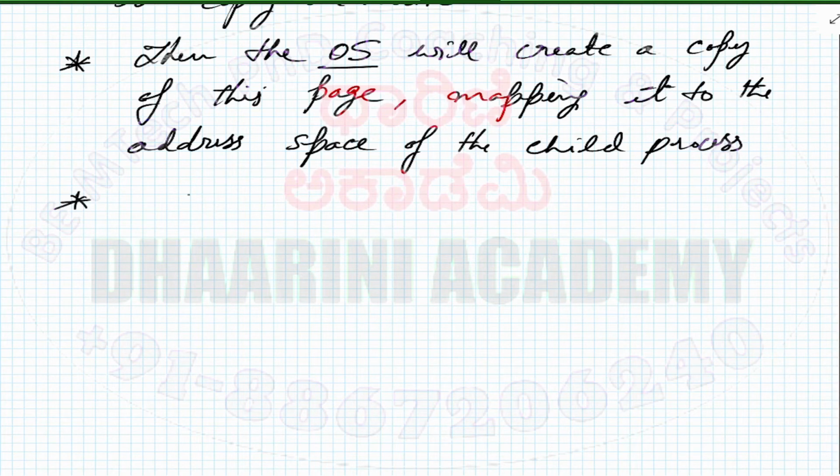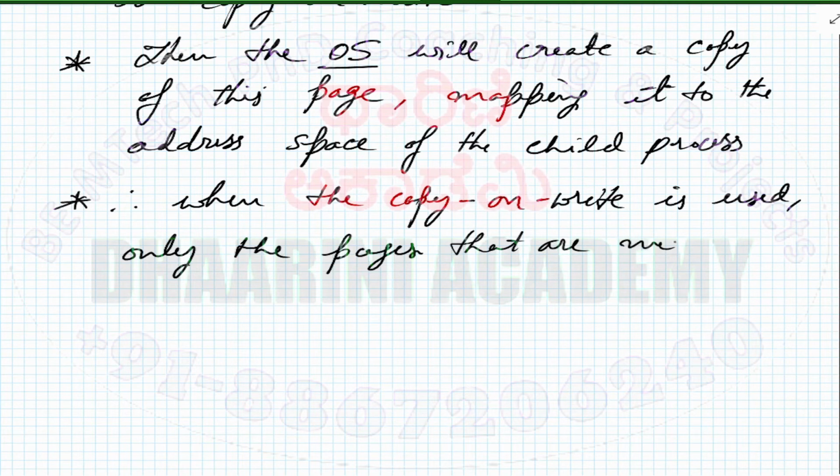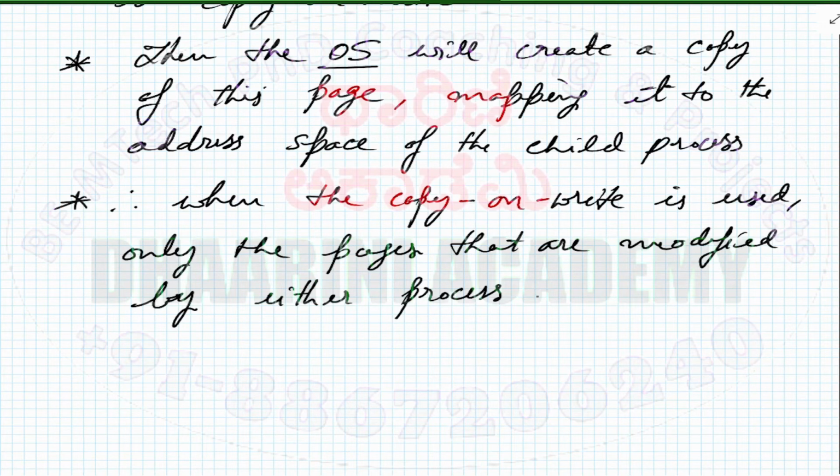It will not touch the original or the parent process's page. So this indicates that, therefore, when this copy on write technique is used, we can say that only the pages that are modified by either of the processes are copied. The same thing, just now we discussed only about the child process, but it holds good with the parent process as well. That's why we don't discuss the second half, we simply write the statement. Okay, so pages that are modified by either process are copied